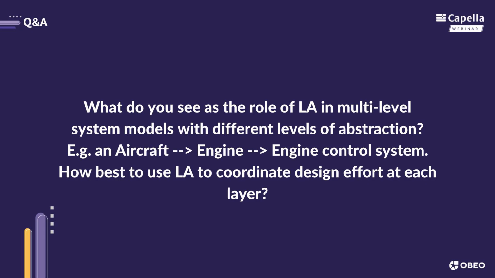Okay. I'm going to answer that question by saying I don't think the logical architecture layer is necessarily the right answer here. I think what you're doing is taking a complex system and breaking it down into smaller and smaller pieces. If you wish to do in-depth modeling of an aircraft, you can define how an aircraft works, and then you can take a component, do a transition, and make the engine the system. So you do a system analysis layer around the engine using the